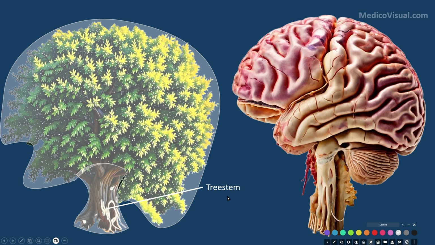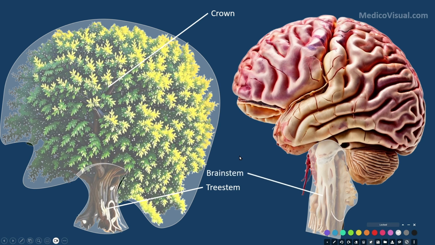So this one is the stem of the tree, and all other parts of the tree other than the stem are the crown. They consist of branches and leaves, so they are the crown of the tree. Similar to that, our brain can also be divided into two parts. Here we have the brain stem, similar to the tree stem,